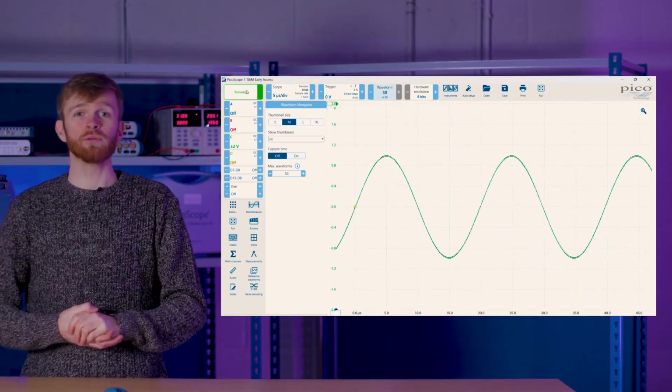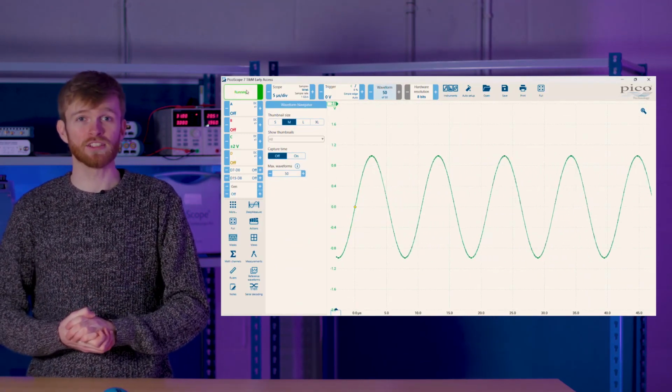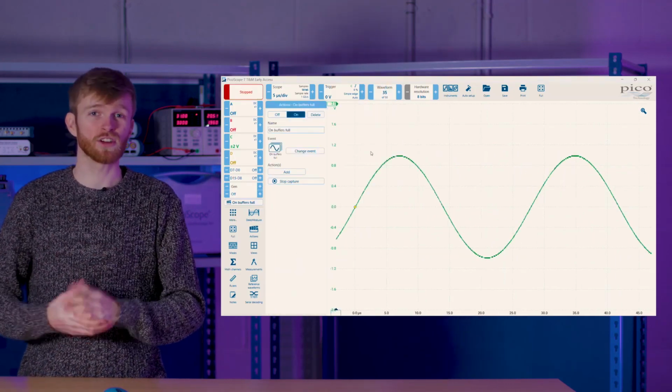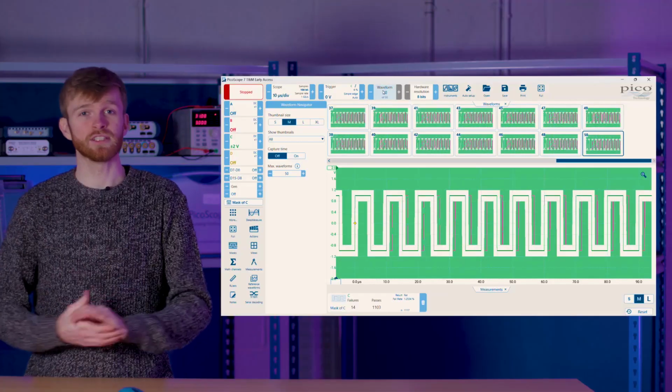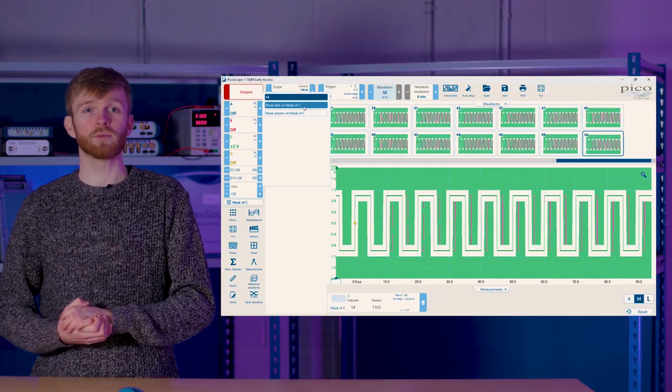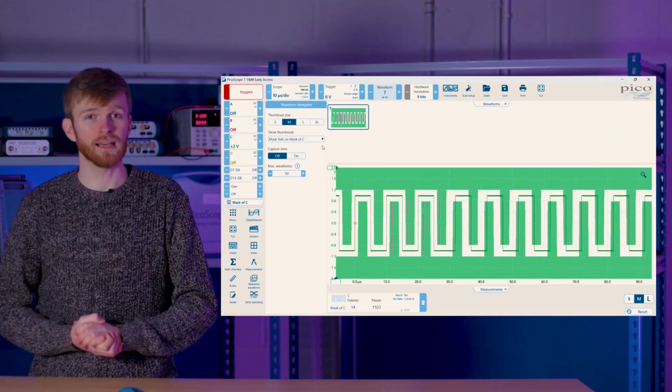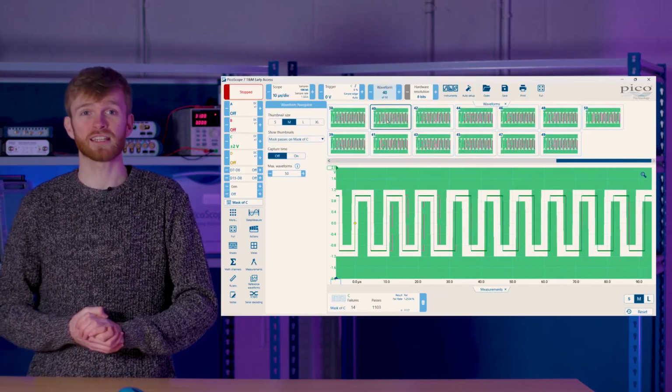Once the buffer is full, it will overwrite the oldest waveforms captured, or you can use actions to stop capturing any more waveforms. If you have masks created to find errors in your signal, you can filter them in the Waveform Navigator to show you the failed captures or even just the past captures.